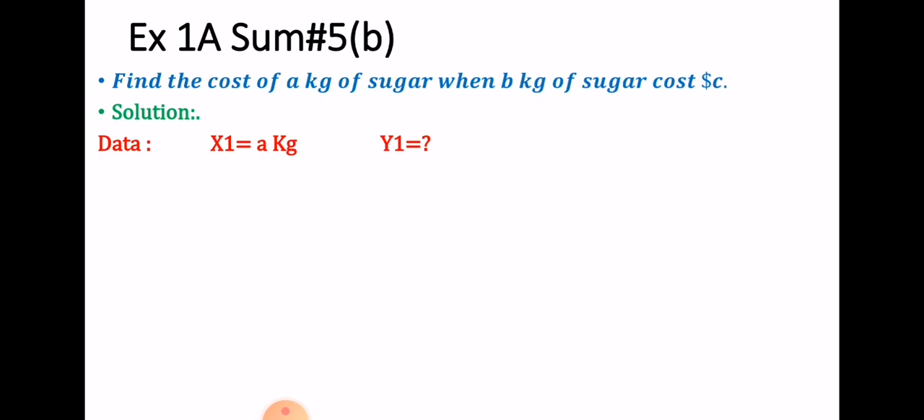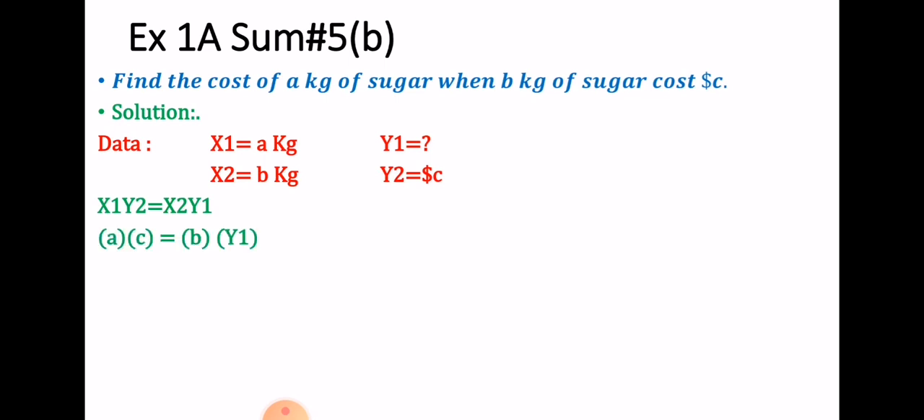Same, we suppose that weight or mass is equal to x and price is equal to y. So x1 is equal to A kg, and you have to find the price of A kg, whereas x2 is B kg and the cost of B kg is $C. So using the same formula which we have used in A part, x1 y2 is equal to x2 y1. So substituting the values, x1 is A, y2 is C, x2 is B, and y1 you have to find. So A multiplied by C, that is AC,